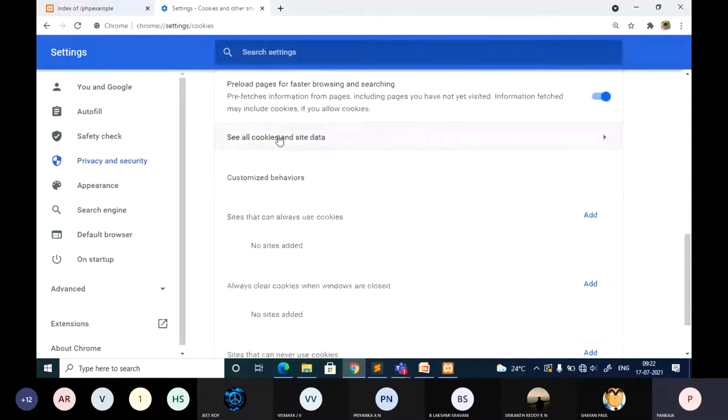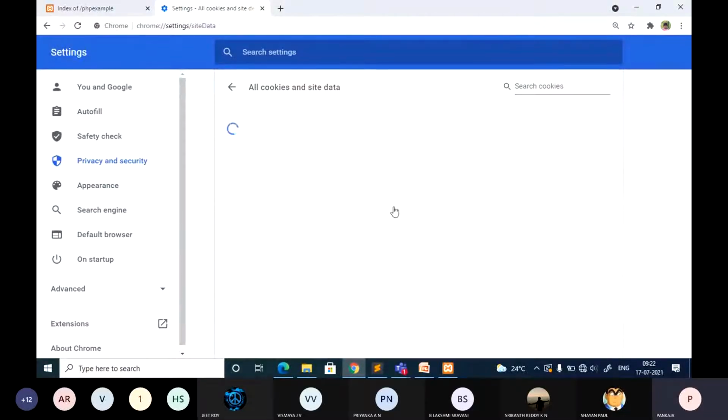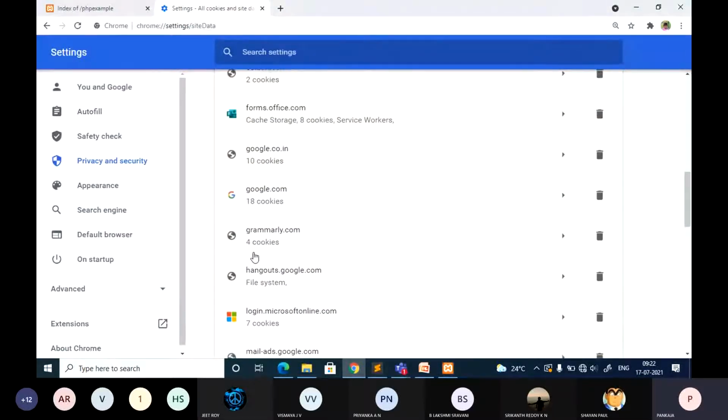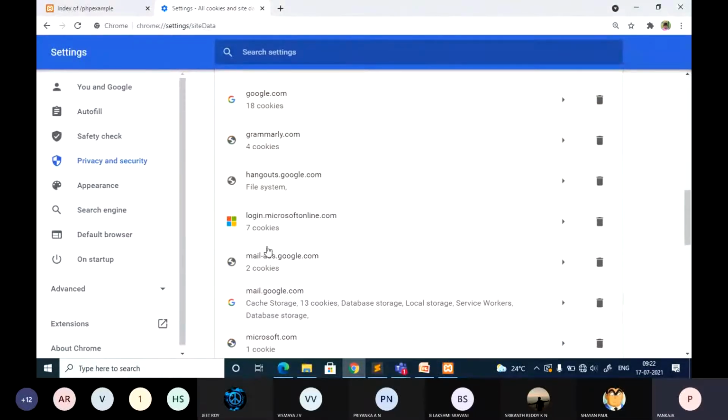According to our code, it should not be existing. Can you see here? There is no cookie with respect to the localhost.